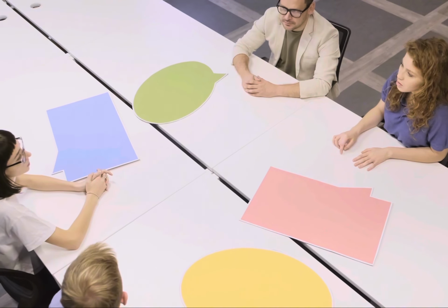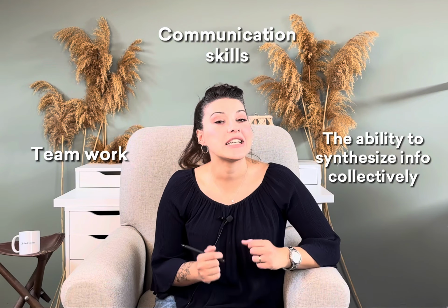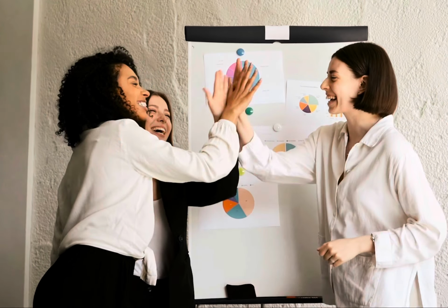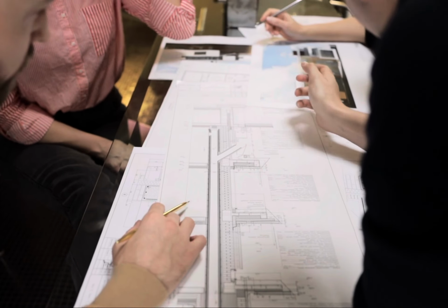For instance, during a lecture, different individuals can focus on distinct aspects of the context, whether it's key points, examples, or questions. Collaborative note-taking also fosters teamwork, communication skills, and the ability to synthesize information collectively. Digital tools and platforms make it much easier than ever to collaborate in real time, even if you're not physically